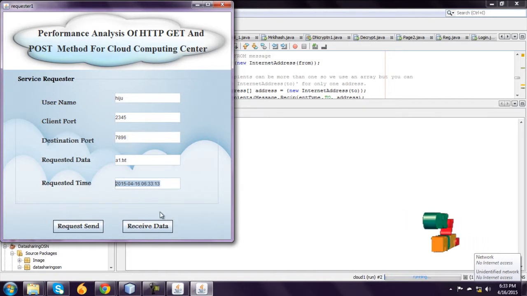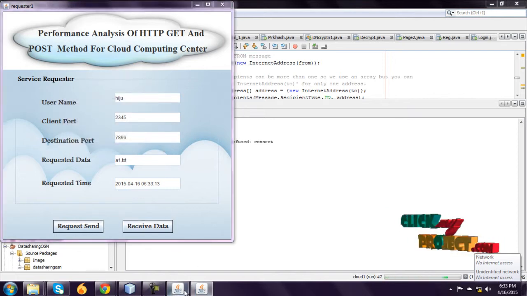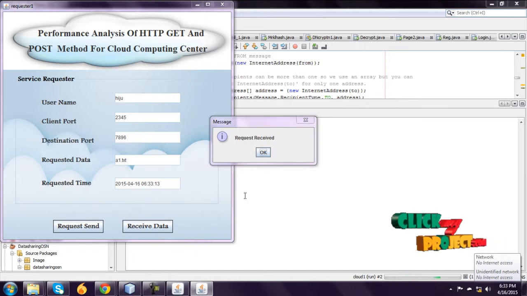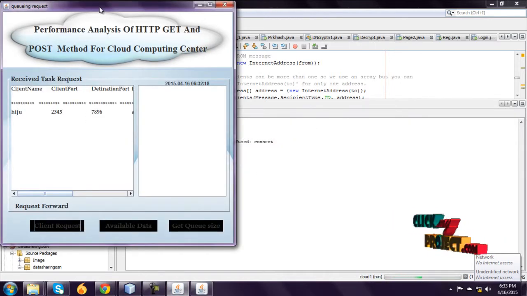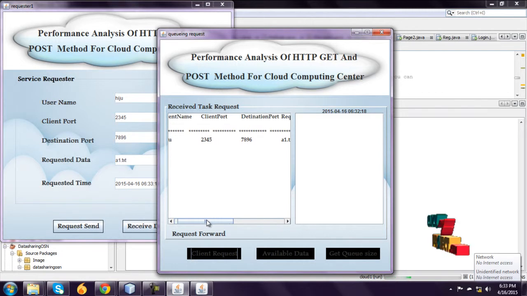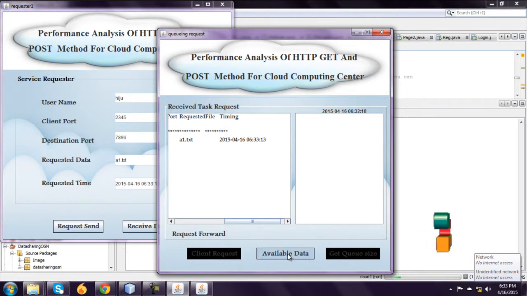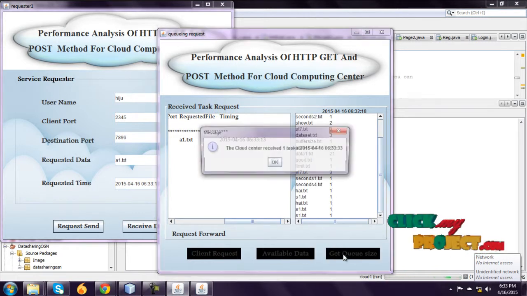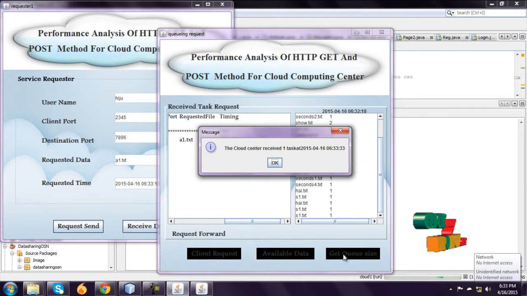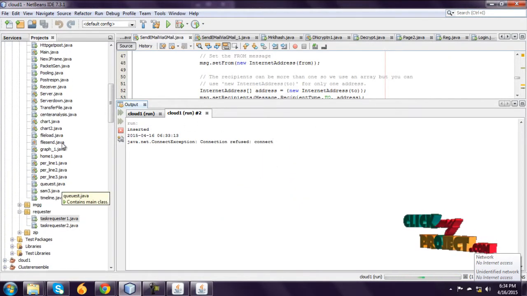It's a requested timing, and go to receive data, received request, and request received to this frame, and client name, client port number, destination port, requested file and timing, available data, and get queue size. The cloud sender received one task at this time, and then go to NetBeans,